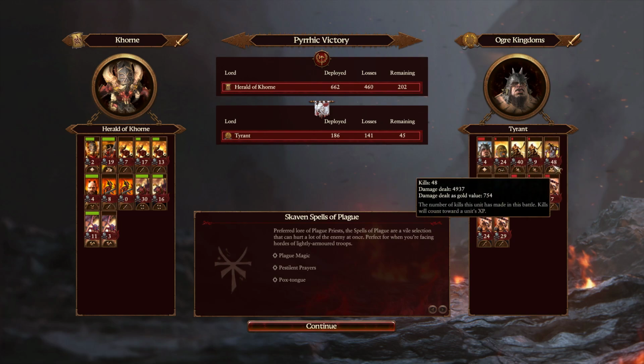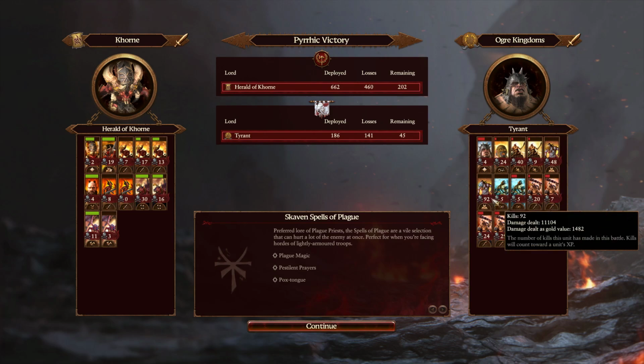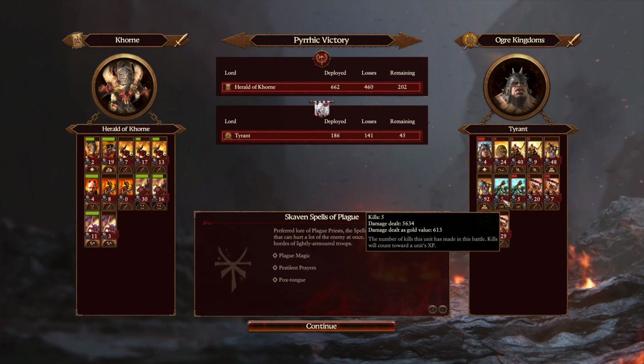Gorges, of course, 750 gold value. It's actually pretty disappointing on that unit. The other one, though, 1,400 gold value. That's much more in line with how Gorges normally perform. 92 kills there. The Belchers had some nice initial early volleys on the Bloodletters, kind of ripping into them,